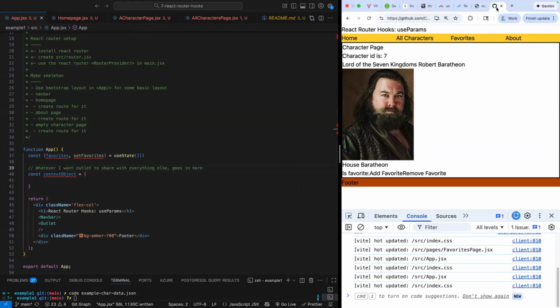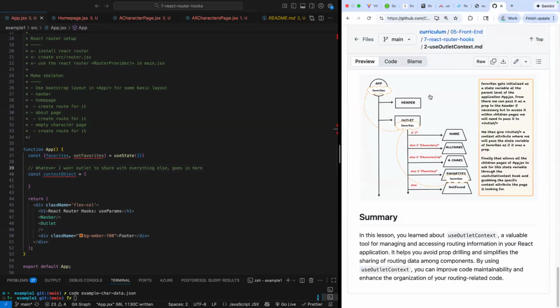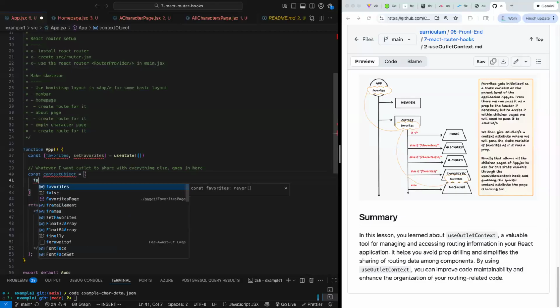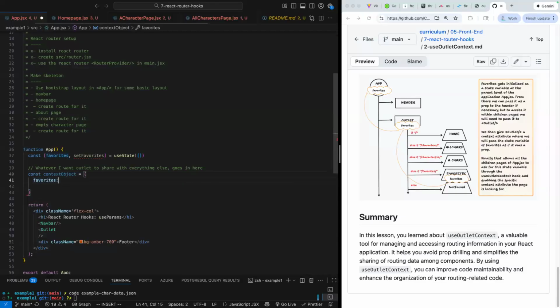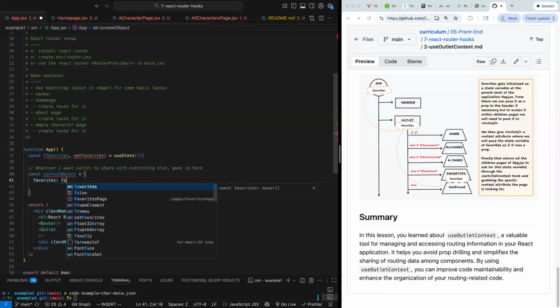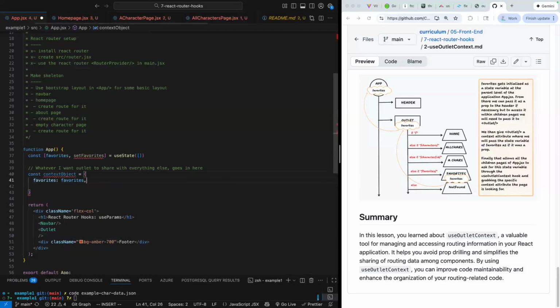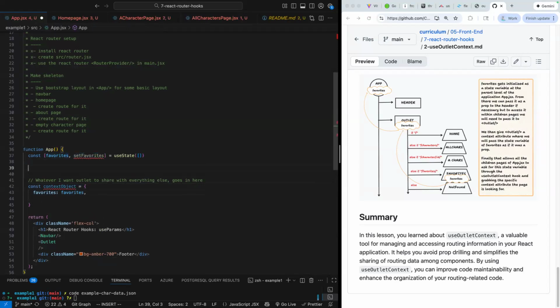So to hop over to our diagram, whatever I put in this object, I'm going to then be able to use outlet to share with anything. And let's see what this looks like. Let's add the list of favorites, and we'll just call it favorites. And let's make a set favorites and a remove favorites function. Or well, let's make